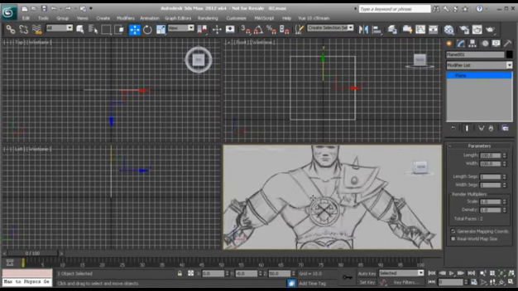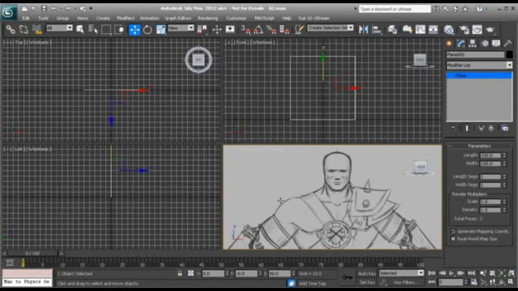Now if you're looking at your material and the drawing seems a little pixelated, you may have to actually set up the